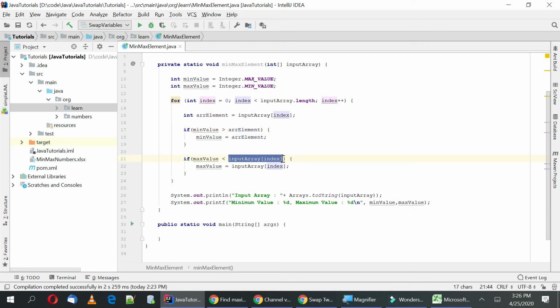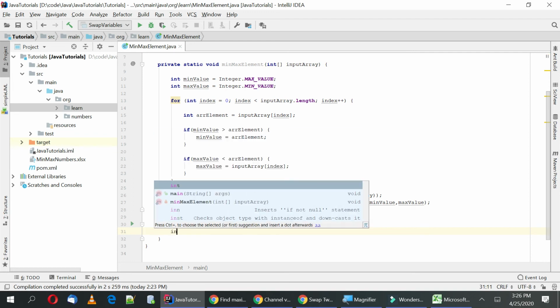And otherwise, if the element in this array is greater than the maximum value which we are currently holding in the max variable, then we will update this value. At the end of this loop, we will get the minimum and the maximum value in this array. Now let's call this method and see whether we are getting the desired results.